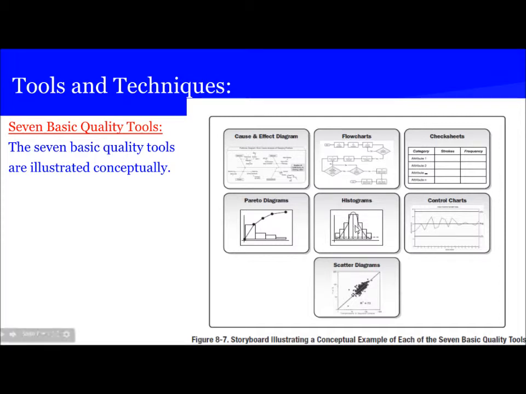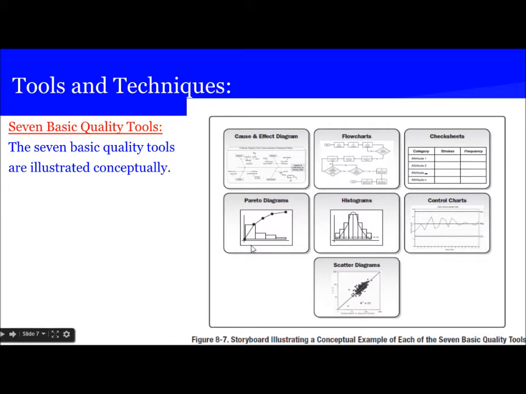Similarly, we can use check sheets to tell about the types of error, how many times each error has occurred, and the frequency of the error. Based on that, we can decide which is the assignable cause. And similarly, histograms are vertical bar charts. Each column is an attribute and height is frequency, and it shows the cause of the problem by number and height. Flowcharts, we all know that we can draw the flowchart to find the assignable cause.